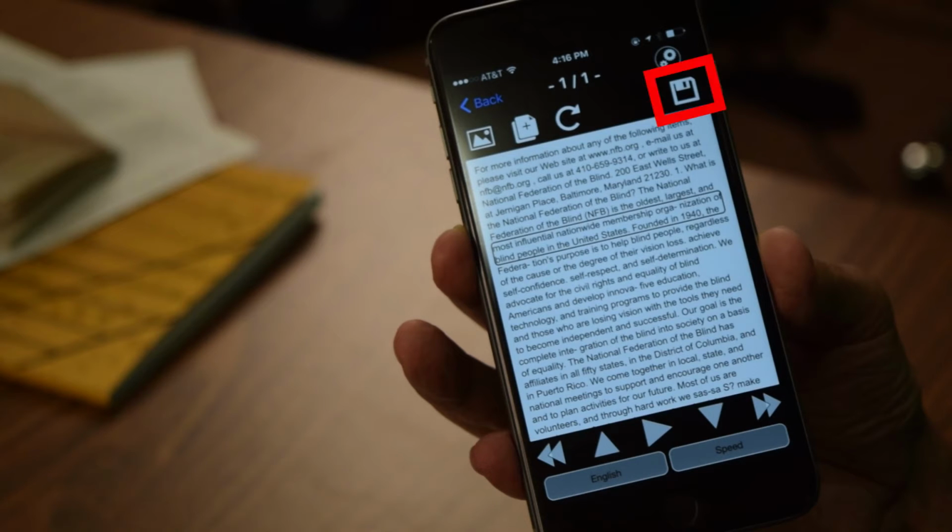Save document. Button. Save document. And that's the next one over from change text recognition. If you double tap on this one, the keyboard comes up and you actually get the chance to save the text in a file that you name. We'll cover all of these in another lesson.